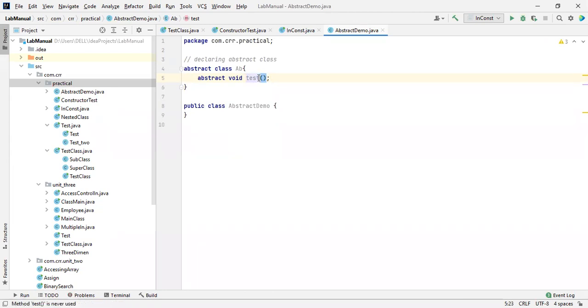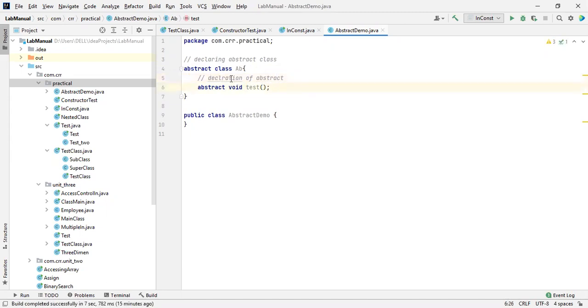This is the way to declare a method inside an abstract class. So this is the declaration of an abstract method.